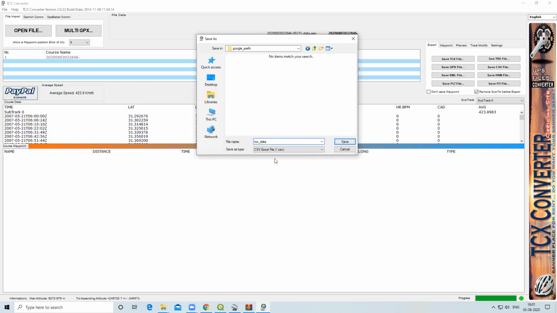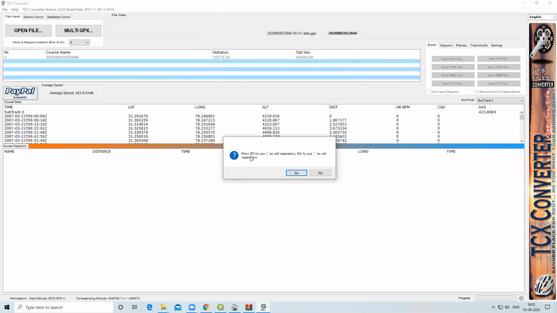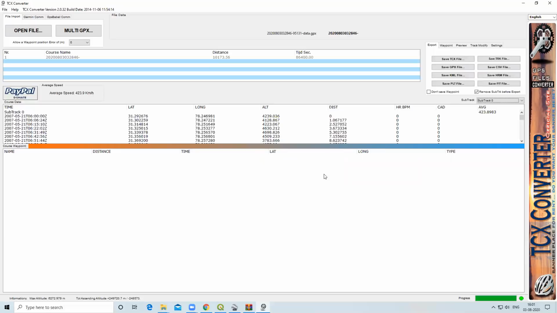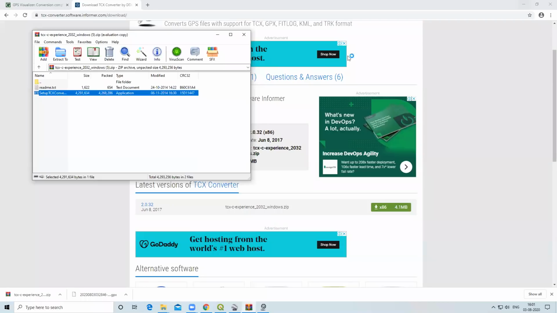After that a CSV Excel file will save, and it asks press yes to use as a cell separator, no to use as a cell separator. So I'll use no here. Now your internet is needed here to convert this point. Now we'll close it.